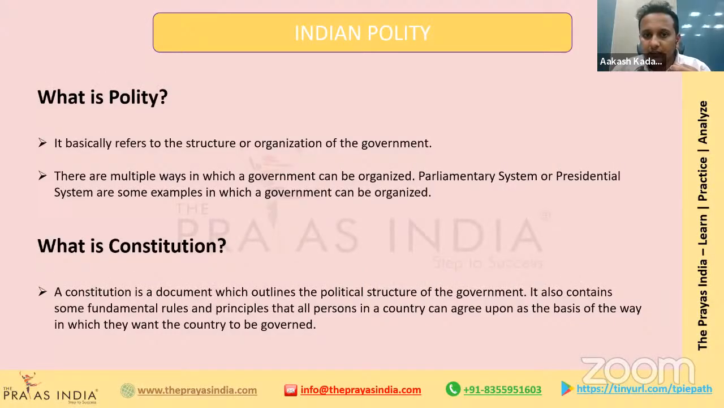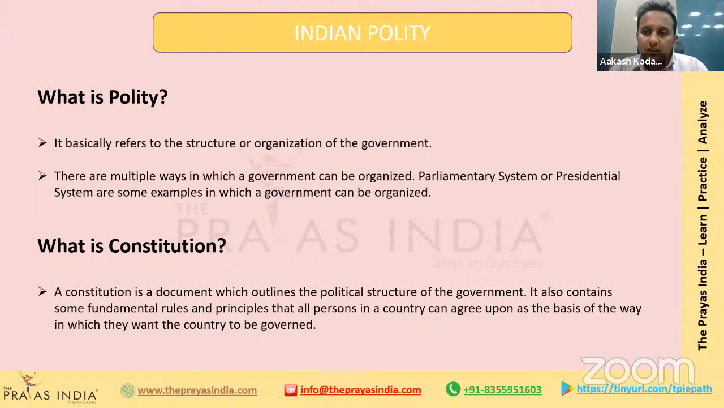These sabhas and samitis, the purpose of these sabhas and samitis was that the tribal people used to come together, discuss their problems, and then come out with a solution. Okay. After that, as the society progressed and evolved, we know a very famous